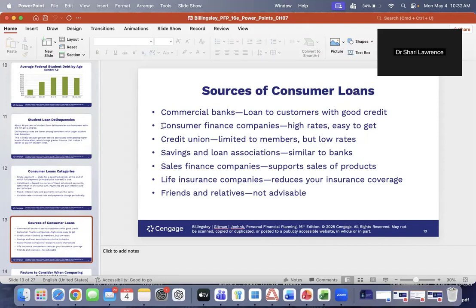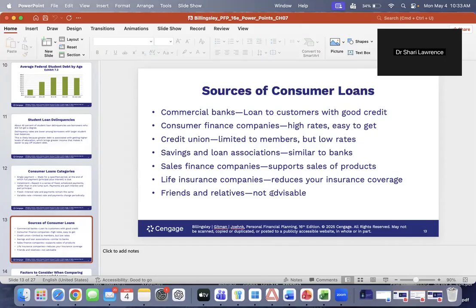A payday loan is a loan that you get because you can't make it to the end of the month. You run out, you don't have enough money to live until you get your next paycheck. Their interest rates are over 30%. It's ridiculous. So avoid those finance companies. Don't get in that situation. So if you need a consumer loan, the best way to get one is through a credit union or a bank.